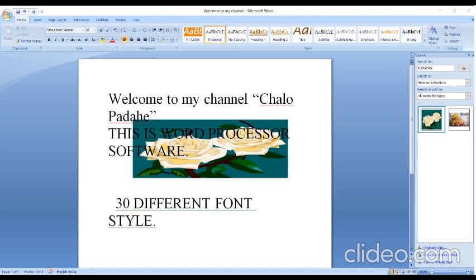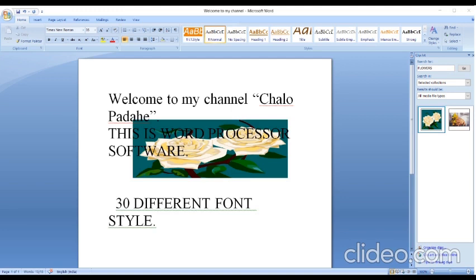That is your templates. Mainly, a template means a ready-made document is there, formatting everything is done. You only have to create your document by entering your text. There are some built-in templates. These are all built-in templates which are already available in Word.